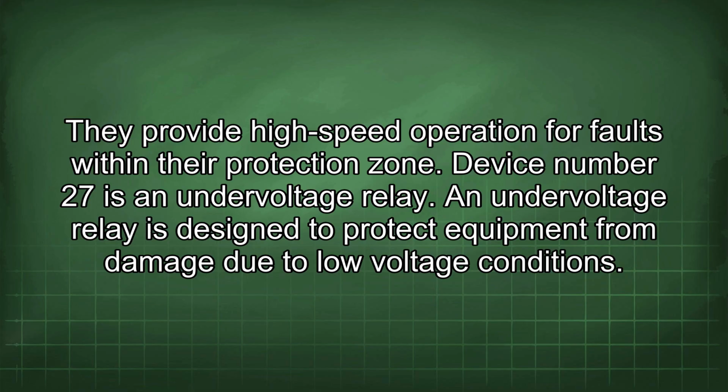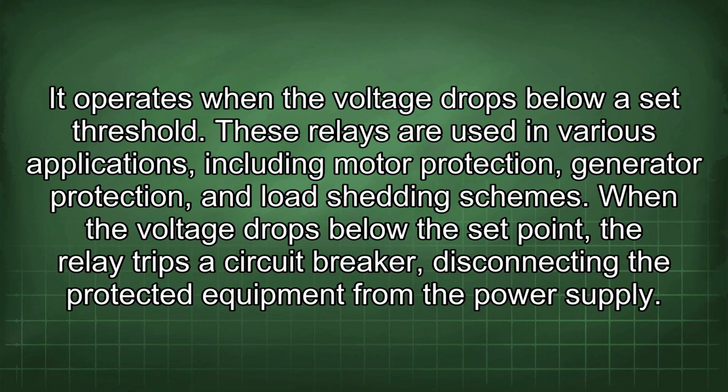Device number 27 is an undervoltage relay. An undervoltage relay is designed to protect equipment from damage due to low voltage conditions. It operates when the voltage drops below a set threshold. These relays are used in various applications, including motor protection, generator protection, and load shedding schemes. When the voltage drops below the set point, the relay trips the circuit breaker, disconnecting the protected equipment from the